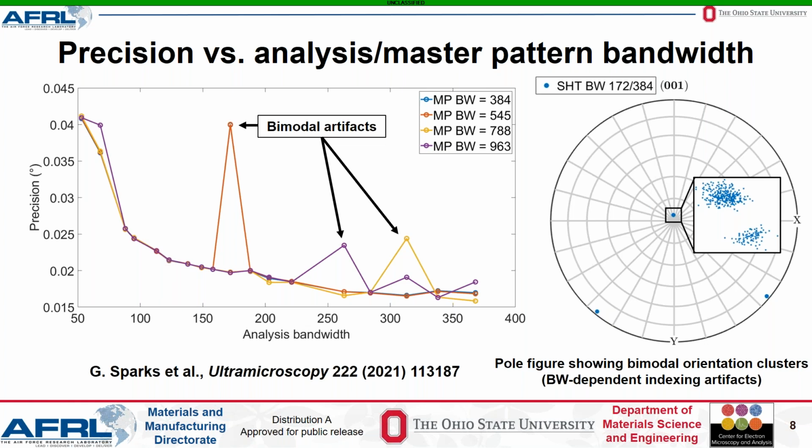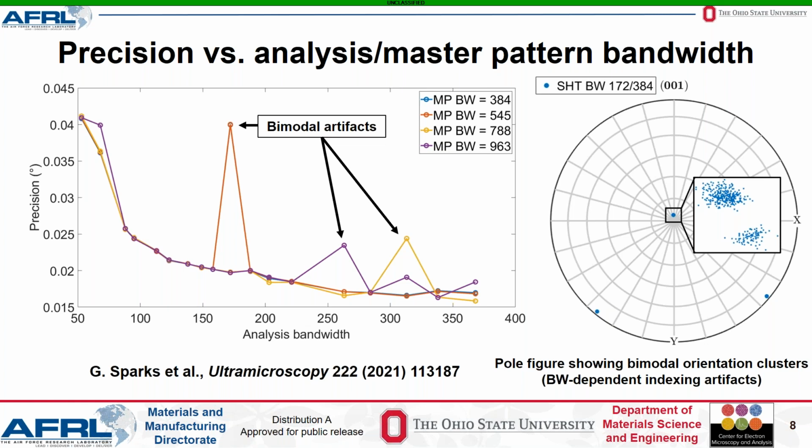Finally, at very high analysis bandwidths, unexpected indexing artifacts appeared, involving the indexing orientation of the silicon wafer splitting into two closely spaced yet clearly distinct groups in orientation space, as shown in the figure on the right. This is related to certain high-frequency features that can appear in spherical harmonic reconstructions with higher bandwidths. Thankfully, further testing demonstrated that these artifacts simply did not appear for analysis bandwidths of 123 or lower. As this is already a relatively optimal value, considering the diminishing returns on precision, 123 is now my standard choice